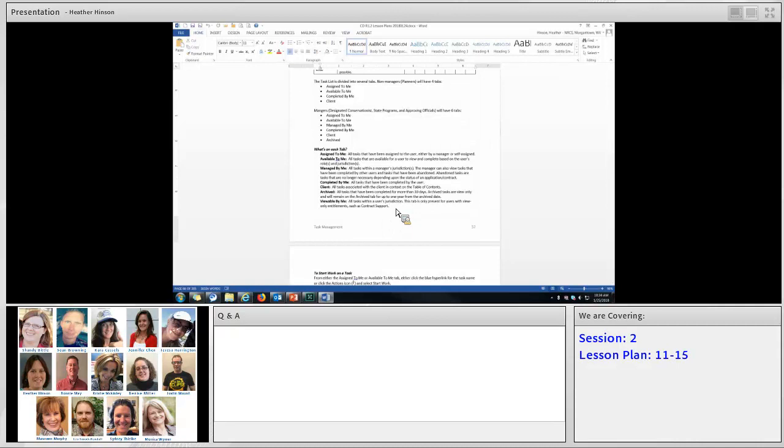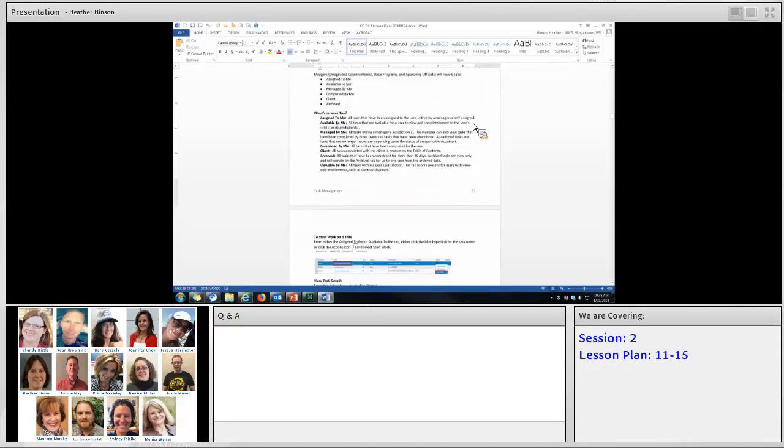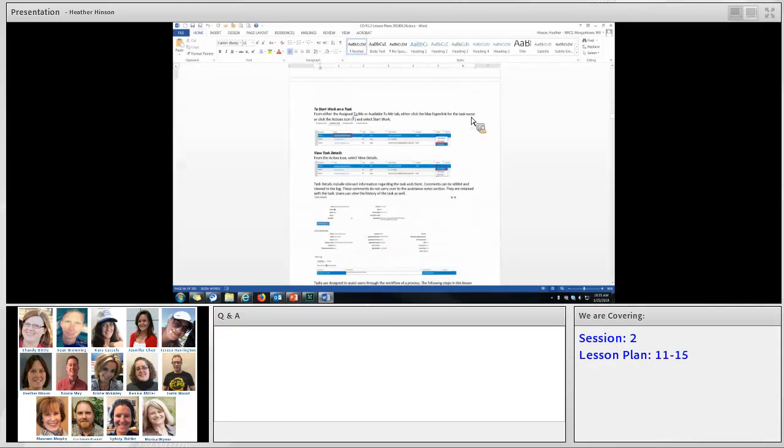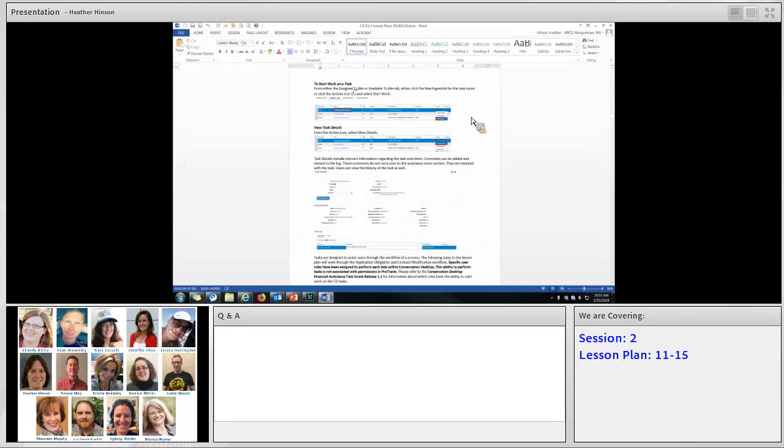So to begin working on a task from either the Assigned to Me or Available to Me tab, you're going to click the blue hyperlink from the task name, or you can click the Actions icon. And we've talked about this before, but the Actions icon is that vertical 3 little dots, and there's a lot of different components within Desktop where you can click on either the blue hyperlink or that Actions item, and it'll take you to the same location. So for the tasks, when you click the Actions icon, you can select Start Work, and then the task details